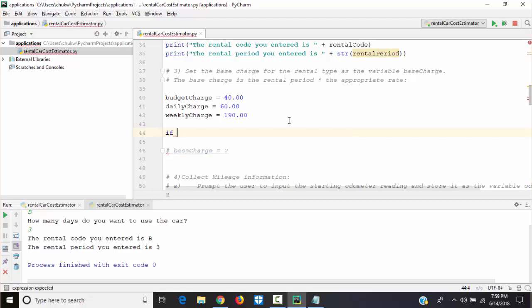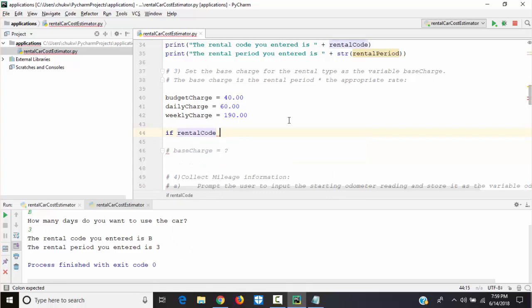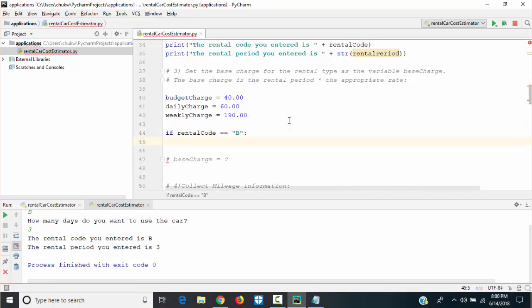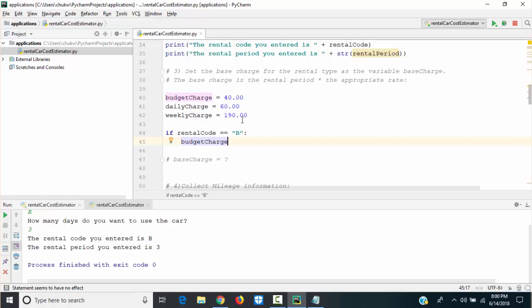We'll say if rental code equal B, then the budget charge, which I call the rate, is equal to $40, is equal to 40.00.